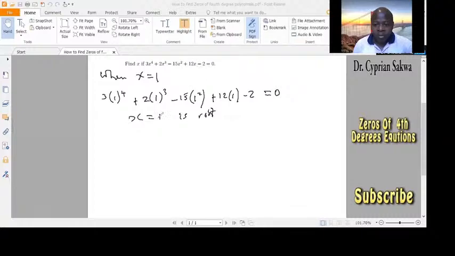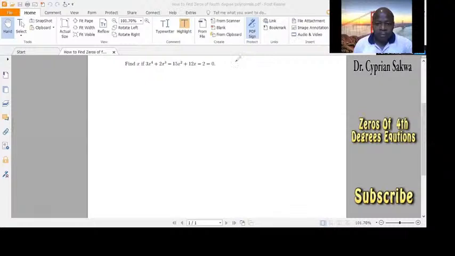x equals 1 is a zero of this equation. So what can we do now? Since we've known that x equals 1 is a zero of this equation, we now take that x, bringing 1 to the other side would be negative 1, and divide into